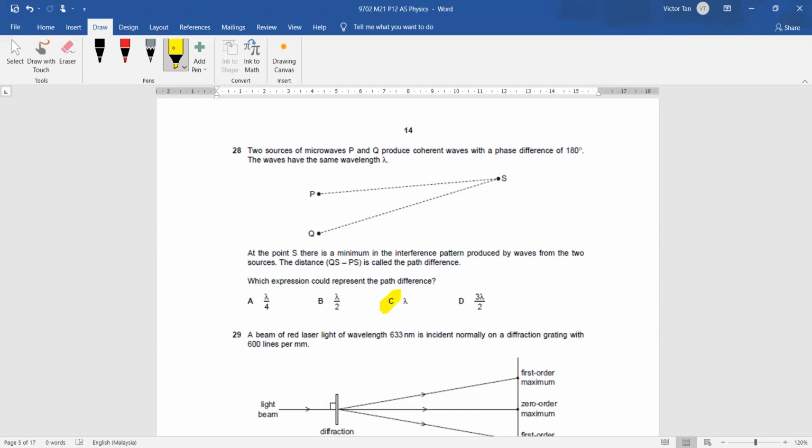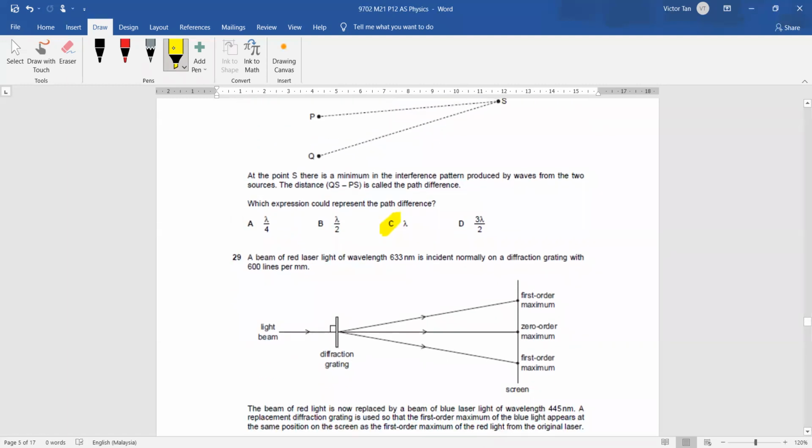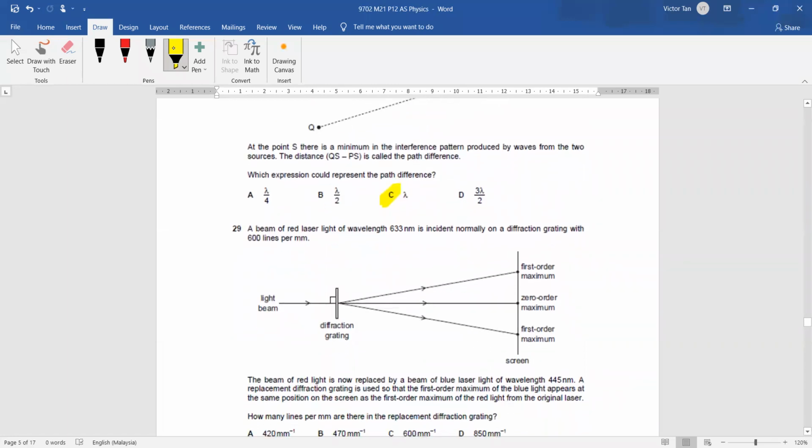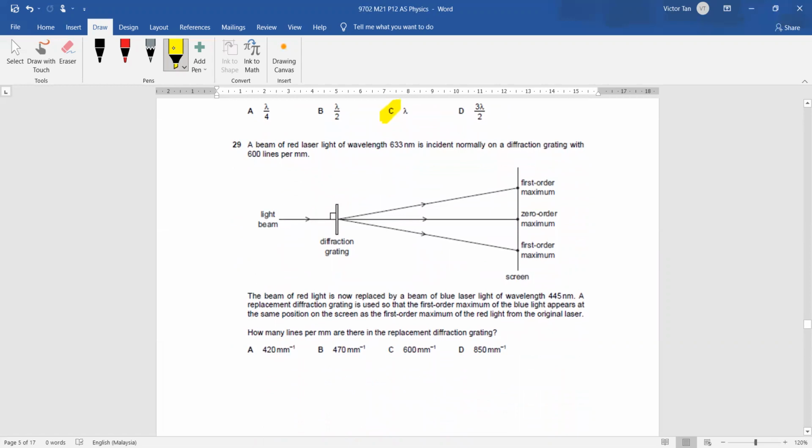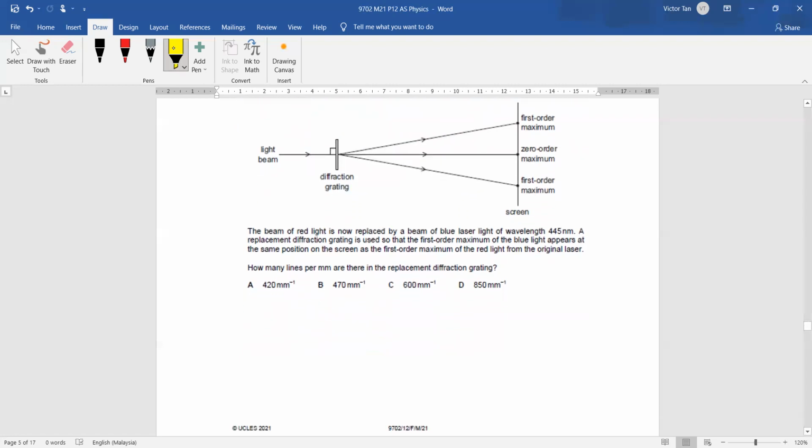Okay. A beam of red laser light of wavelength 633 nanometers is incident normally on a diffraction grating with 600 lines per millimeter. The beam of red light is now replaced by a beam of blue laser light of wavelength 445 nanometers. The replacement diffraction grating is used so that the first order maximum of blue light appears at the same position on the screen as the first order maximum of the red light of the original laser. How many lines per millimeter